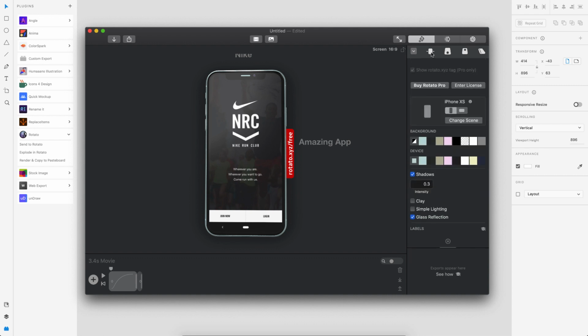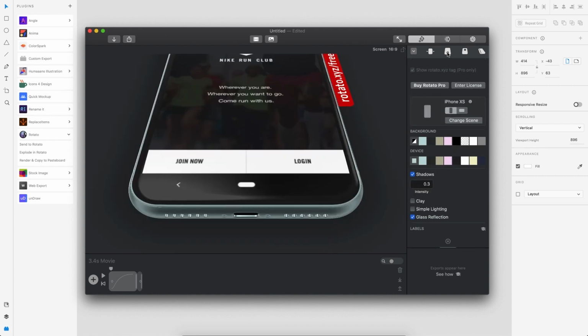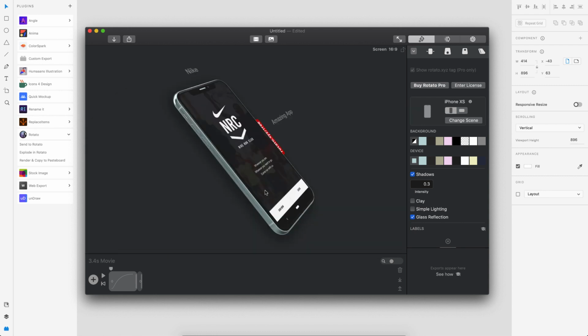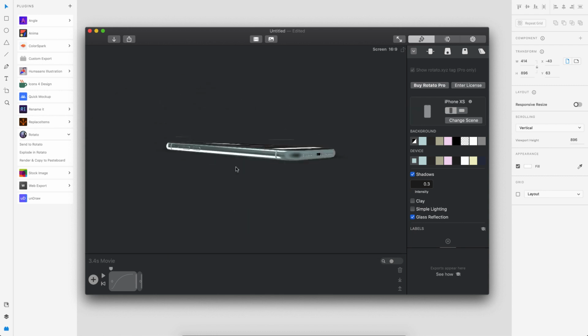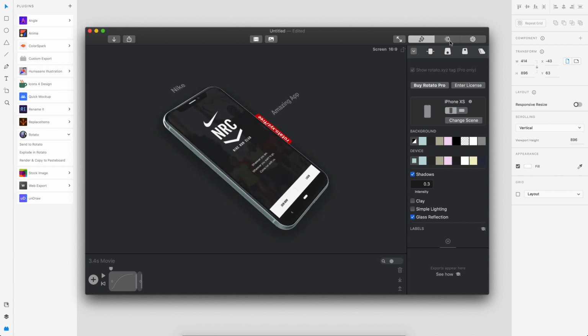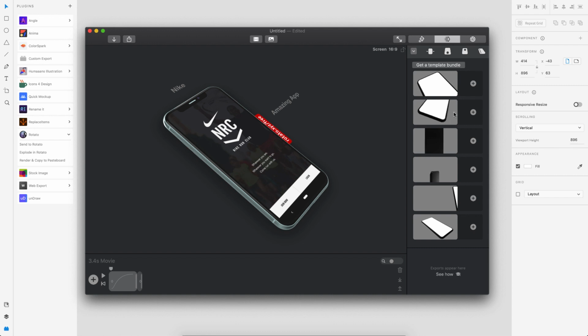And then you have these preset device positions. Once you click on this, you get these standard device positions that are available, or you can rotate it and put any angle that you like. And then the best part about this is it also has animations. So this is really cool. Once you click on animation, you have these preset templates. Or also you can add your own keyframes and rotate it. So this is the option for keyframe, but let's go with the template here.